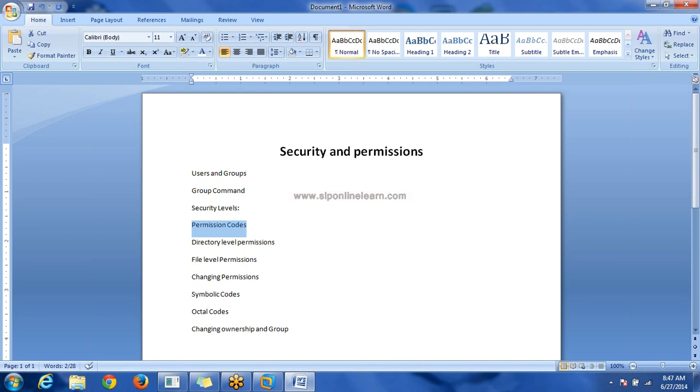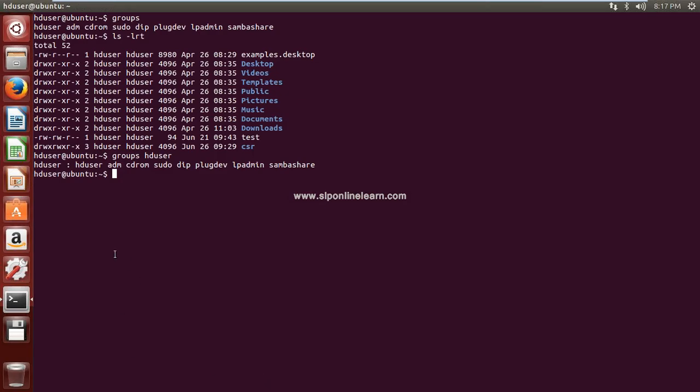These codes are divided into three sets of codes. First set contains your owner codes, like we have seen. See, these codes are divided into three sets. See, this is one set. It refers,